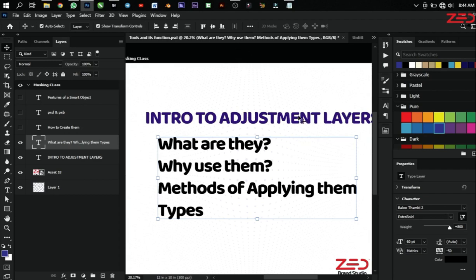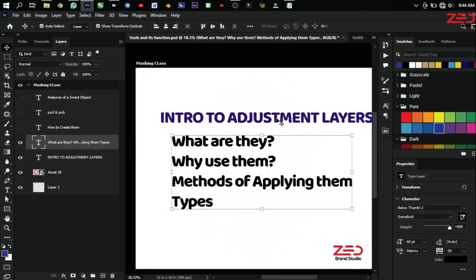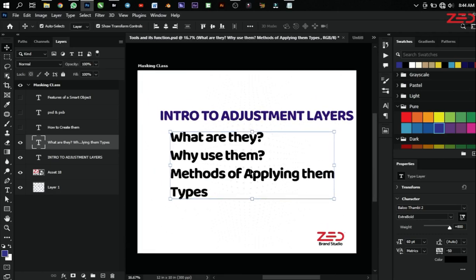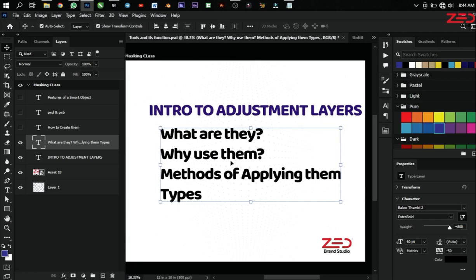Okay, today we're talking about intro to adjustment layers. What are they, why you use them, methods of applying them, and types of them. We may not finish the types, but I want you to know that subsequent classes will be treating the types